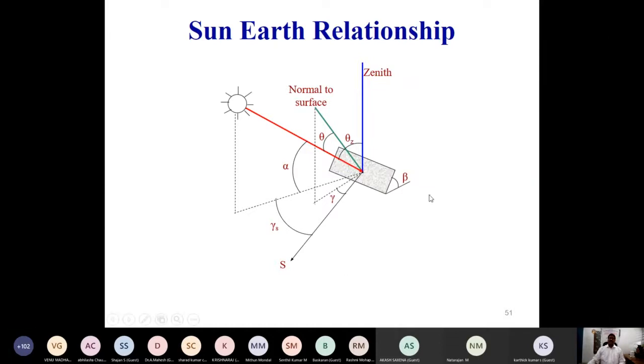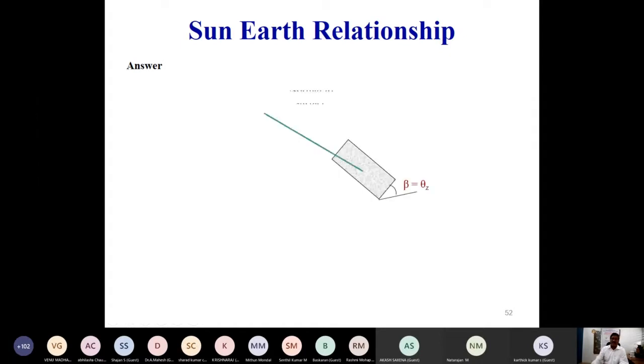Thank you very much. By means of this visualization, beta is equal to theta z, that is the zenith. We will get some closeness to the incidence angle. Similarly, these are 2 gammas. One is with reference to the solar sunbeam, and the second is with reference to the surface. If both are equal, that is gamma is equal to gamma s and beta is equal to theta z, obviously the green line and red line both will be the same.